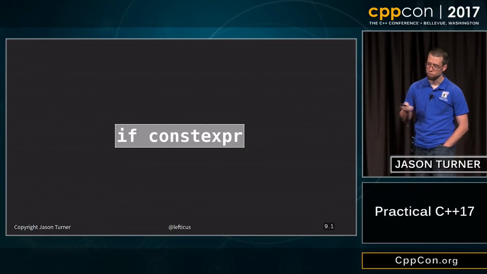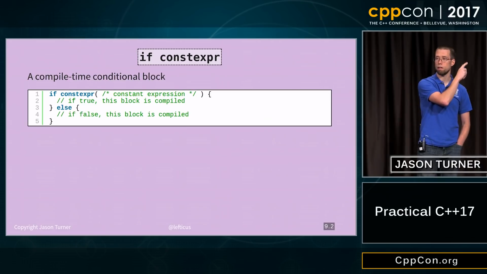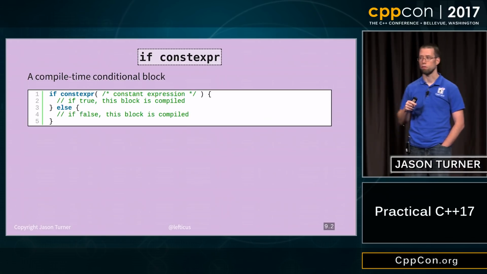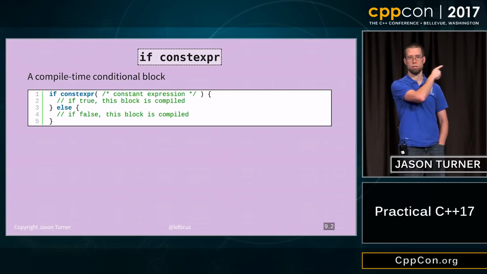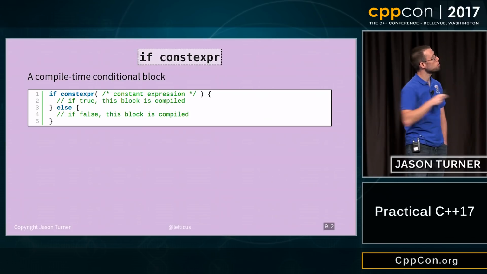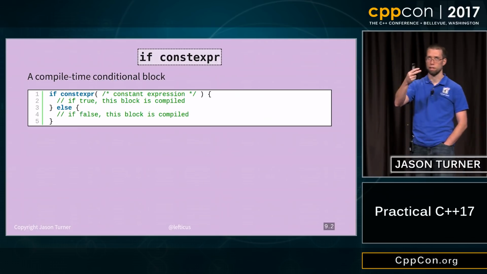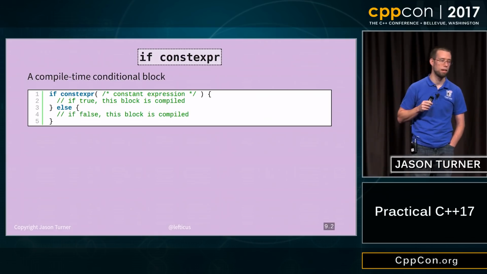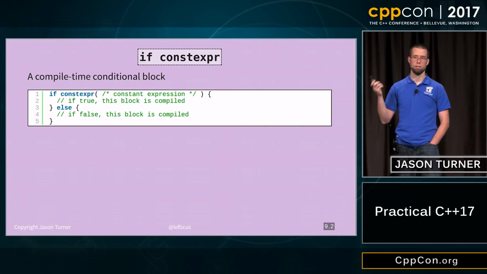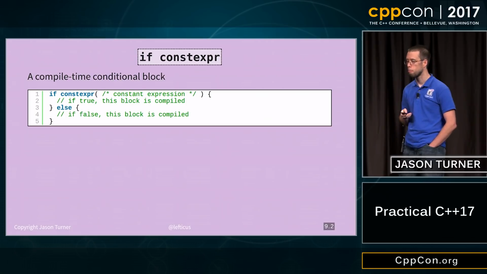If constexpr looks like this. We have compile time conditionals. So the things in the if and else must be syntactically correct. But you could be invoking methods that don't actually exist on some type if the condition doesn't match. So if the first block is true, then the first thing is compiled. If it's not true, then the else is compiled. And so this can have an interesting impact on things like actually returning two different types from your function depending on the things that were passed in, using auto return type deduction in C++14 and 17 combined.